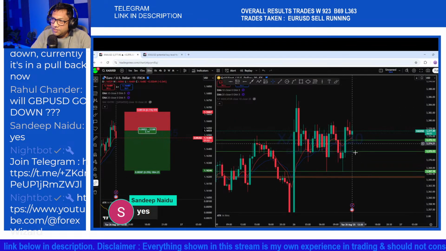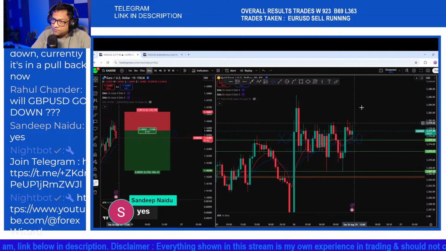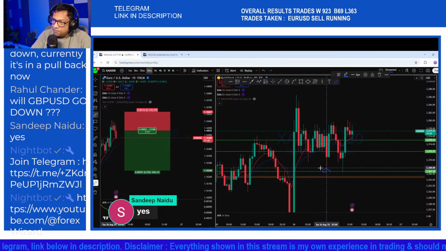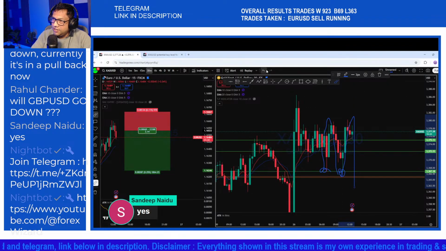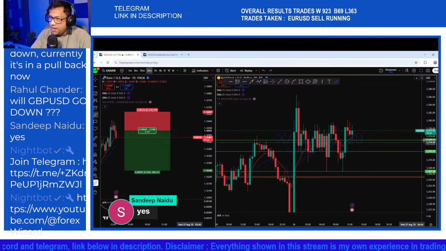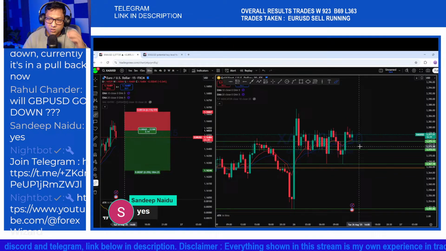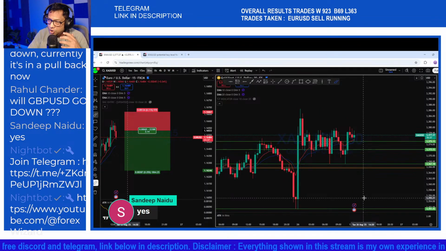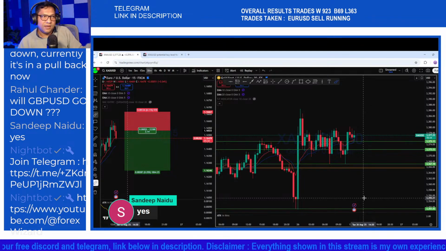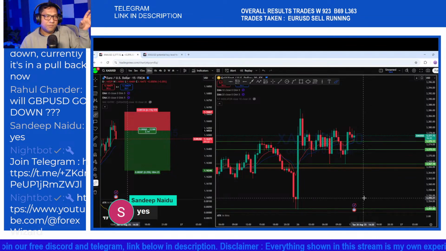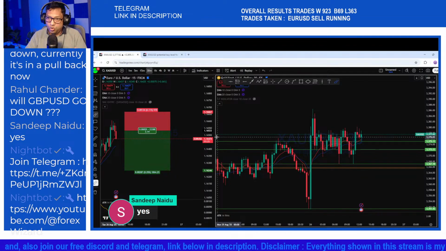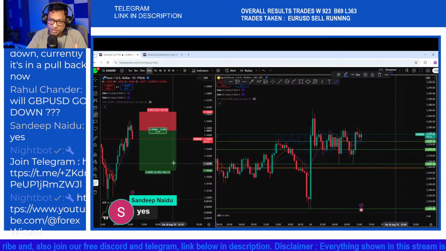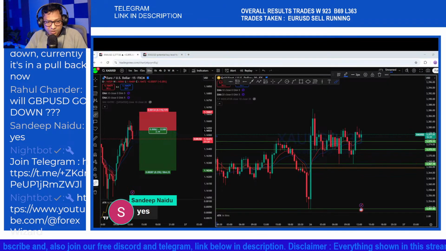So from the 30 minutes we can see this is 30 minutes price action, where there is a sharp bounce, drop back below, again bounce, expecting it to trend back down. And the possibility for gold to drop below to 3367 is still there, the market to drop back below. So this is not the zone that I will be looking for buy on gold while we are on euro dollar trade running in, and from the daily high.